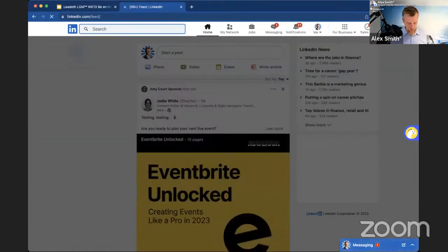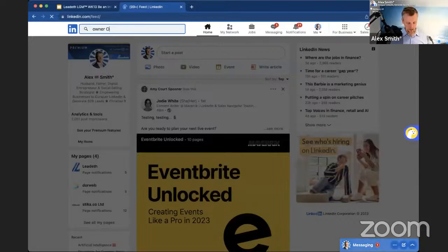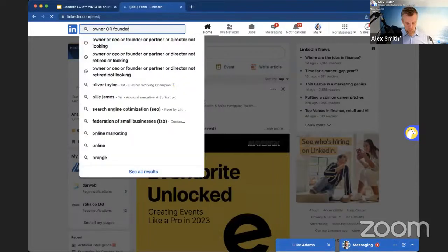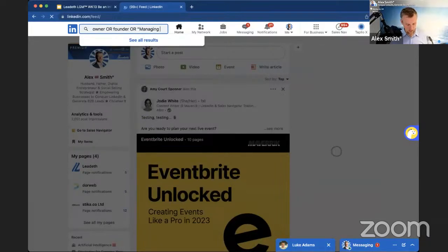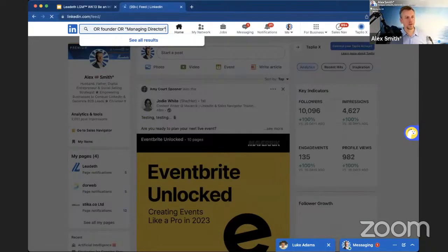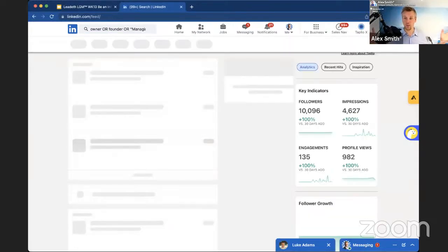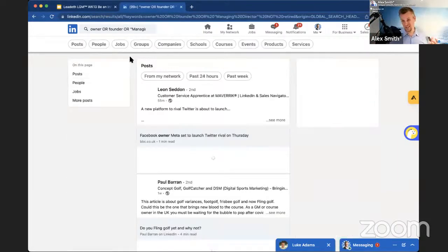You can search for owner, and then you can search for founder, or you could search for quotation marks managing director, and then close the quotes, and that'll find just managing director. So it won't find the word managing or director separately in two different profiles. It finds the full string. And then you can also do NOT retired. So that should pull out anybody that's got the word retired in their profile, or in their job role.